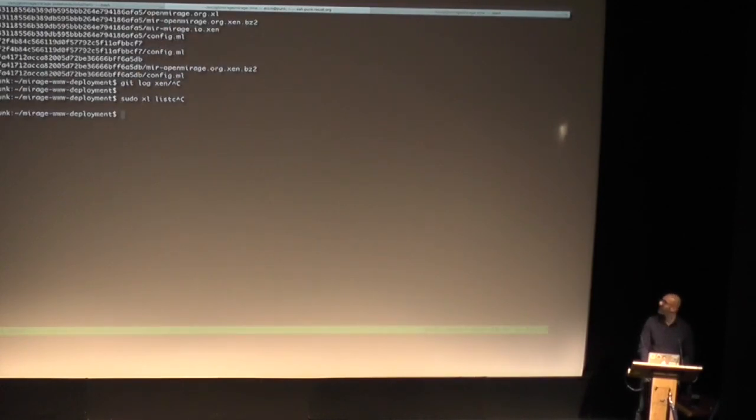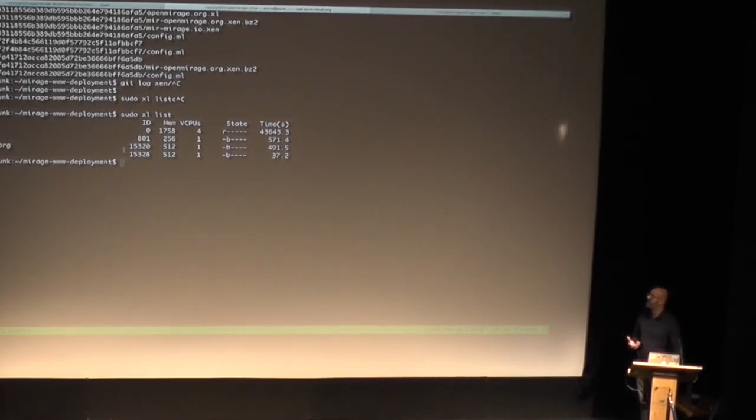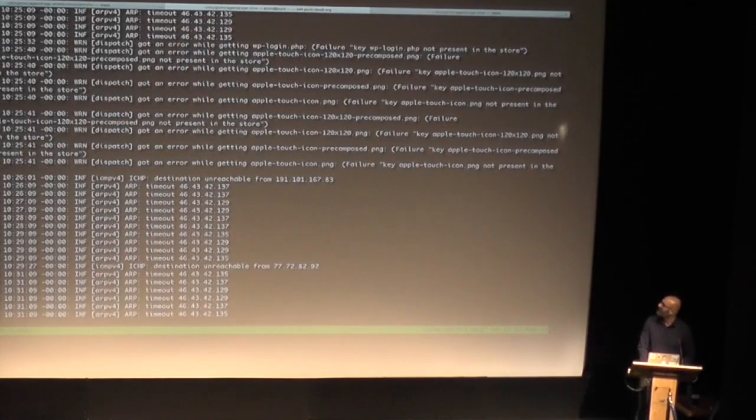Okay, so the Mirage website is running here. Unikernels can spin up and down in milliseconds, and for various reasons, the Mirage website keeps getting attacked. So this is the 15,000th instantiation in the last few days, and it's been running for a few seconds. I can see how it's running, so you can see the logs and so on, and this is running as a specialized kernel. There's no Linux involved here whatsoever.